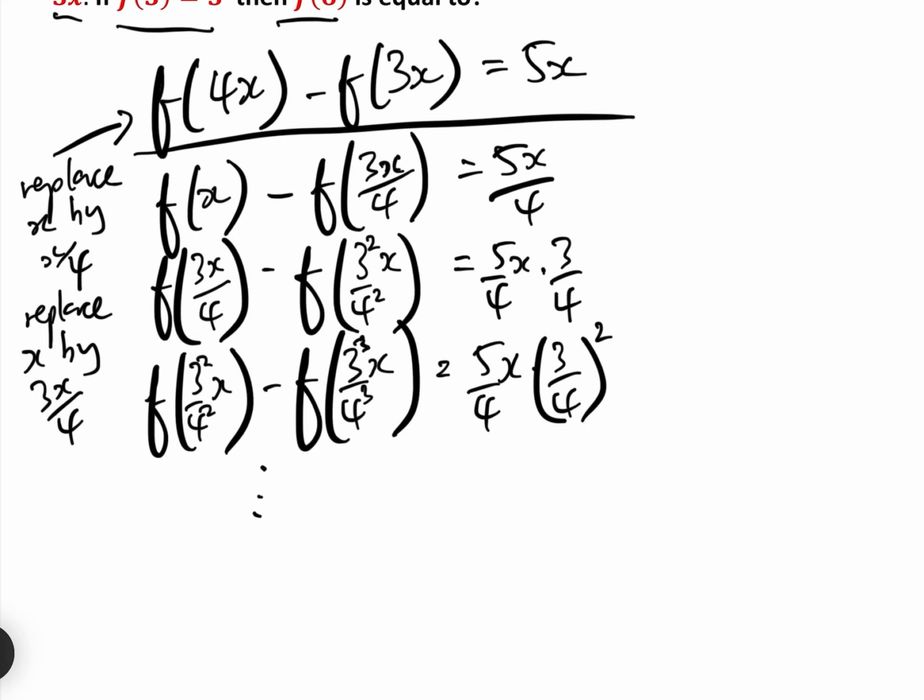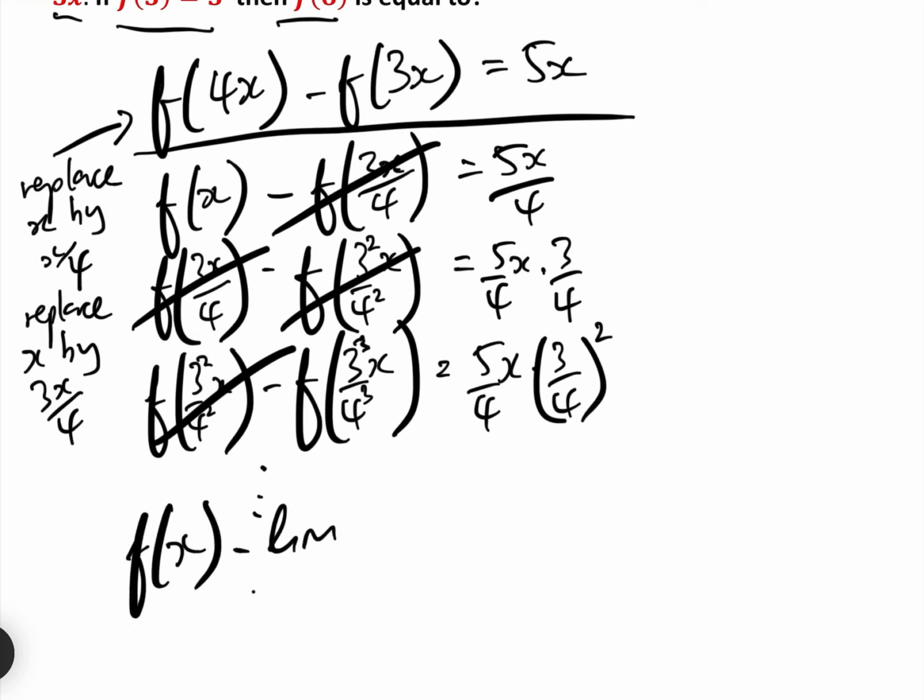And then when we carry on to the end and add it up using the method of differences, all of this lot cancels out, and we end up with f of x minus the limit as n approaches infinity of f of 3 to the n over 4 to the n x